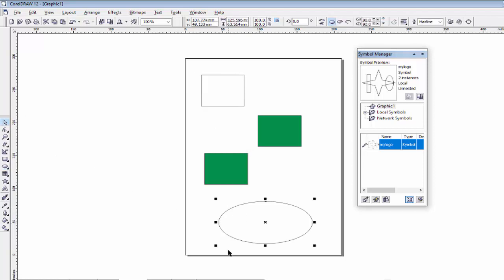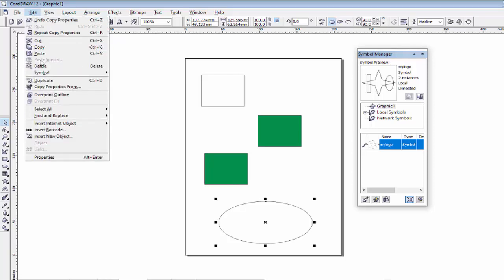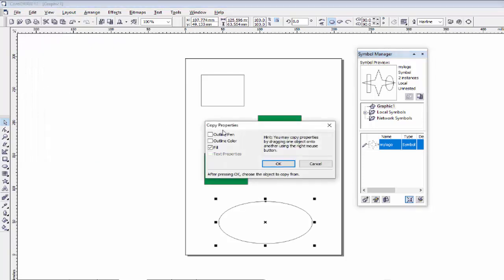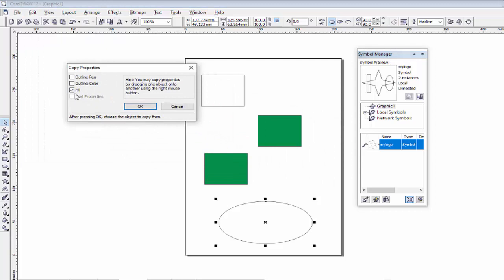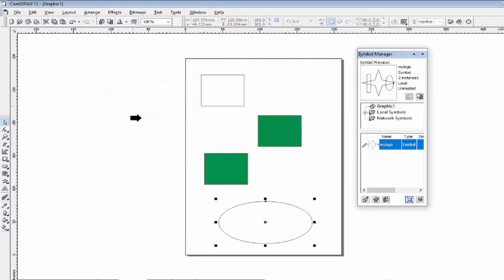I want to fill in this circle the same color which is filled in this rectangle. So first select the circle, go in edit, click on copy property, then select what you want to copy: fill, outline or outline pen. I want to copy fill, click OK, and then click on the object whose color you want to copy.